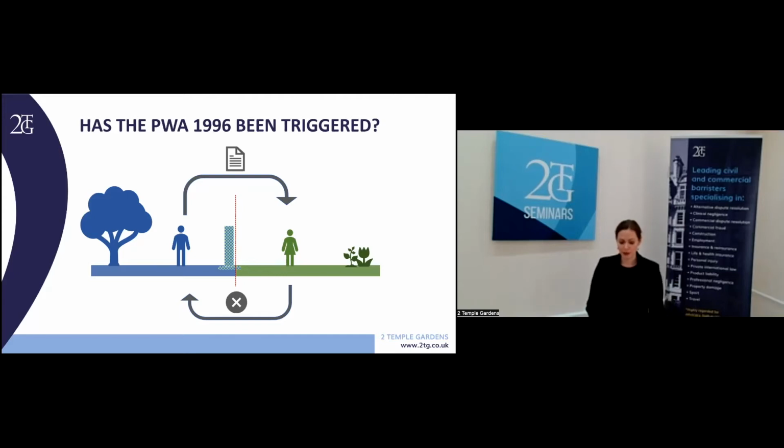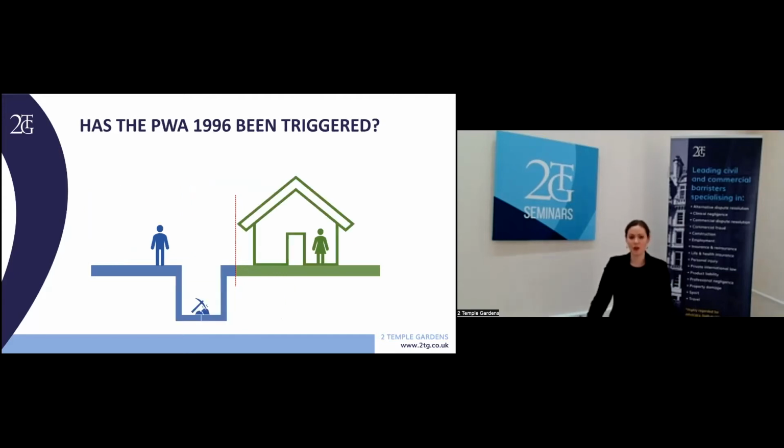A further example, let's assume that Ewan wishes to excavate close to Fiona's foundation. Now that's within section 6 because we are excavating close to a boundary. Under section 6, there is a similar regime of notices as to our previous example. However, there's an addition. Presumably because of the greater risk of damage to the adjoining owner's property where excavations are concerned, Ewan's originating notice must, as well as describing the intended works, include plans of how he proposes to protect Fiona's foundations.